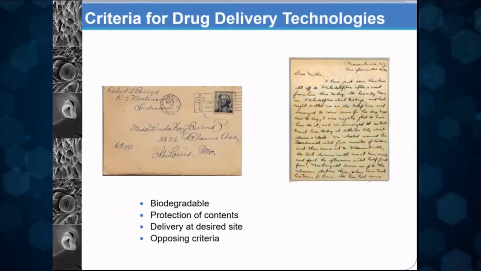So what do we mean by drug delivery? Why do we need biomaterials and carriers for drug delivery? So the analogy that I like to give in this context is that of postal delivery. So we know that the idea of a postal delivery is that the mail is actually your content, and this is usually within an envelope. Now the envelope is what covers the letter, and the envelope has its own features. It's going to have an address, and it has this stamp of approval through the postal system.